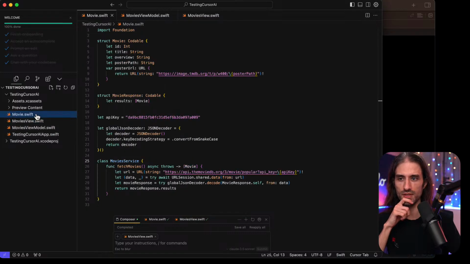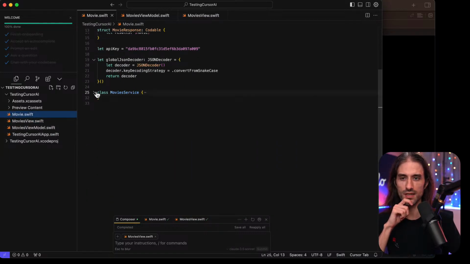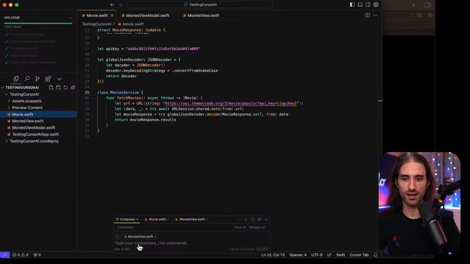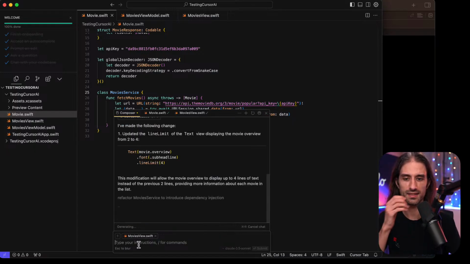Now what I want to do is go here, and I want to say refactor movies service to introduce dependency injection, like that.